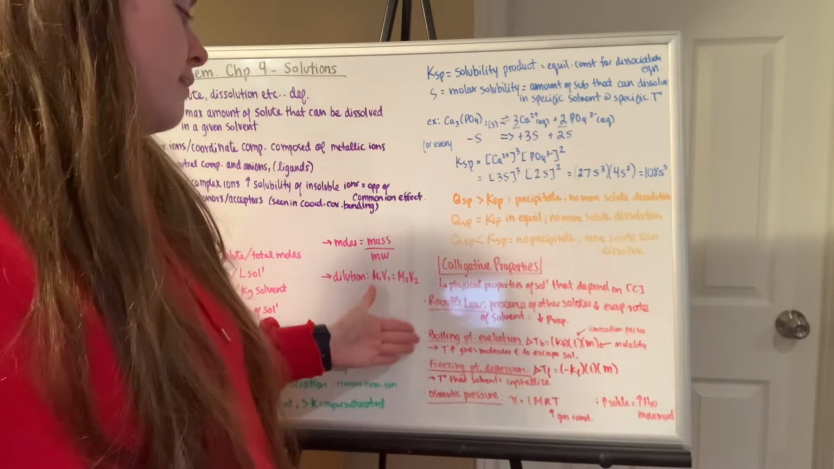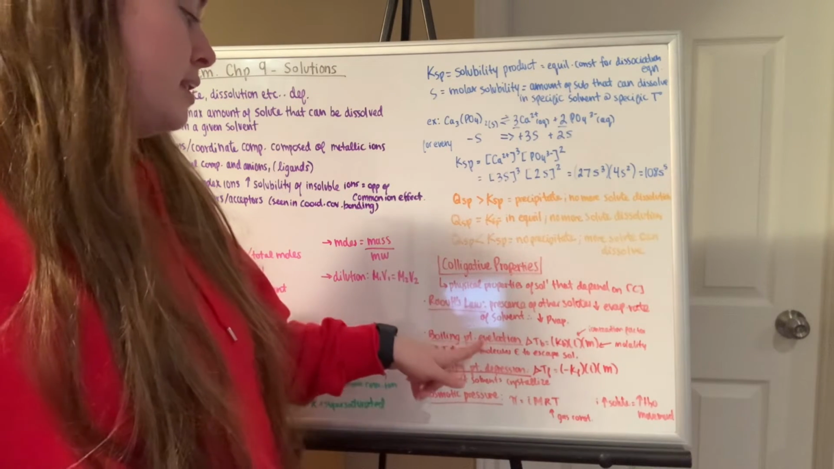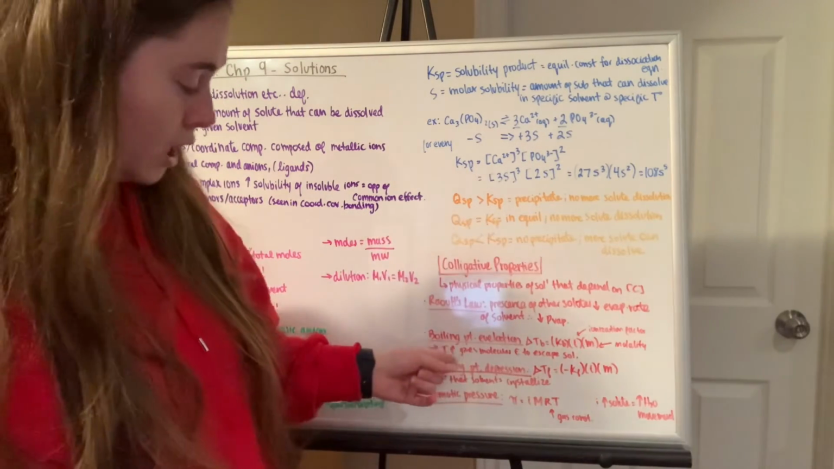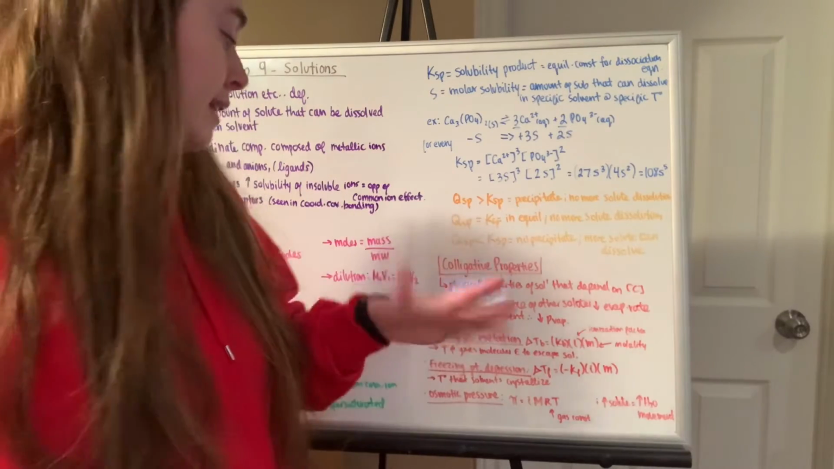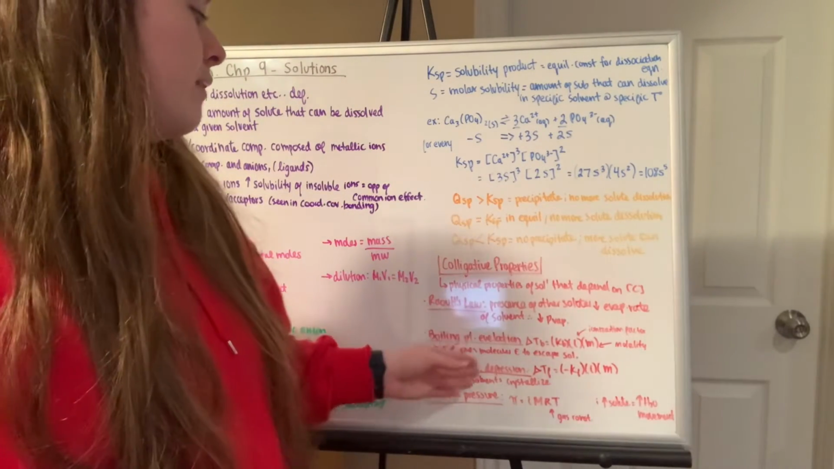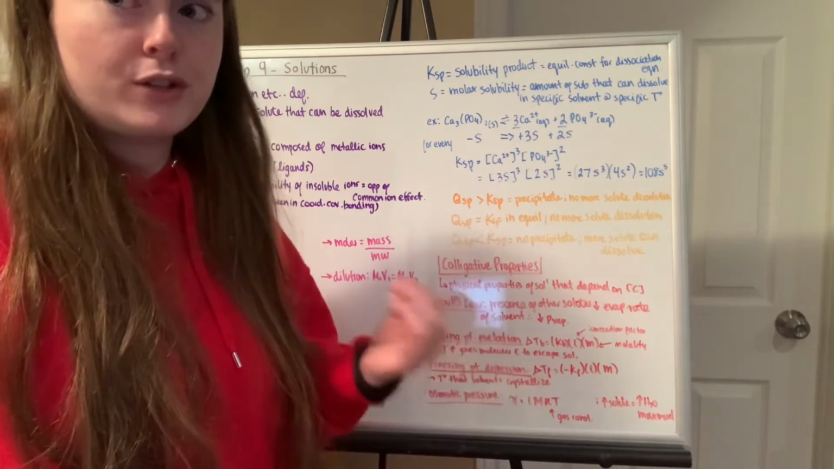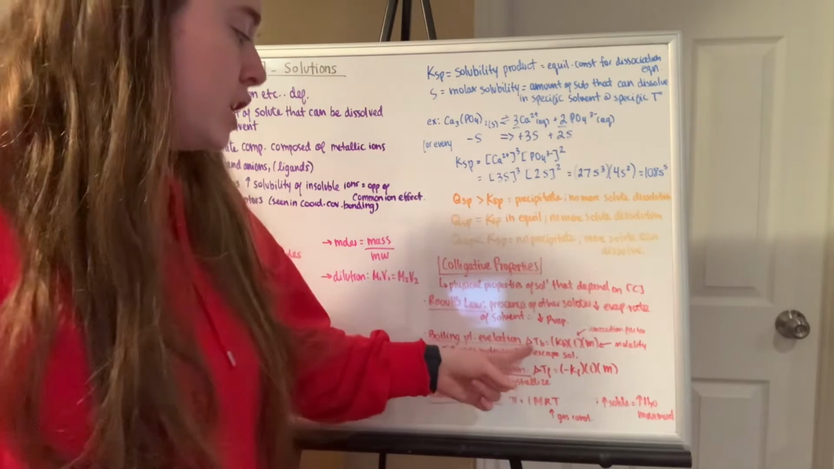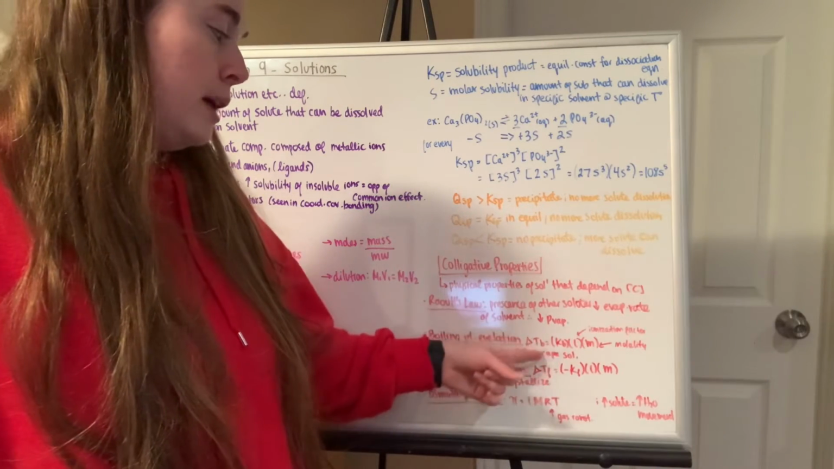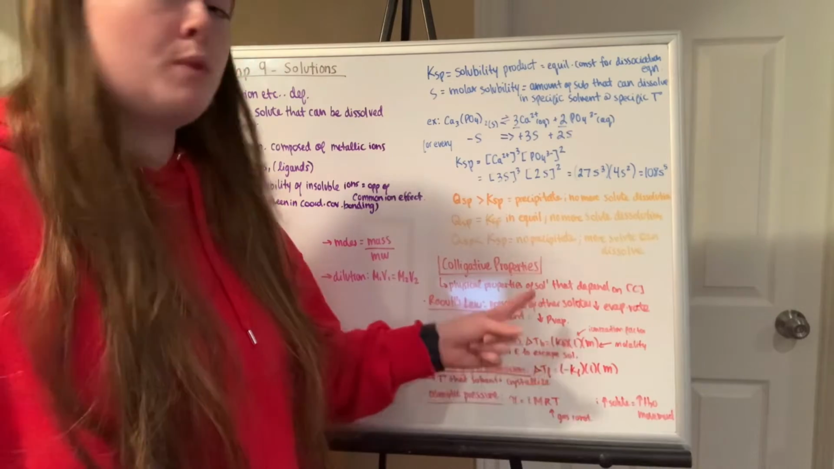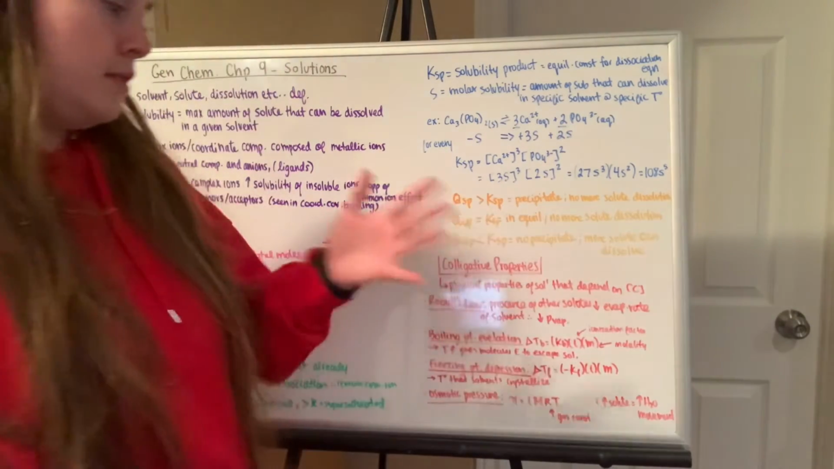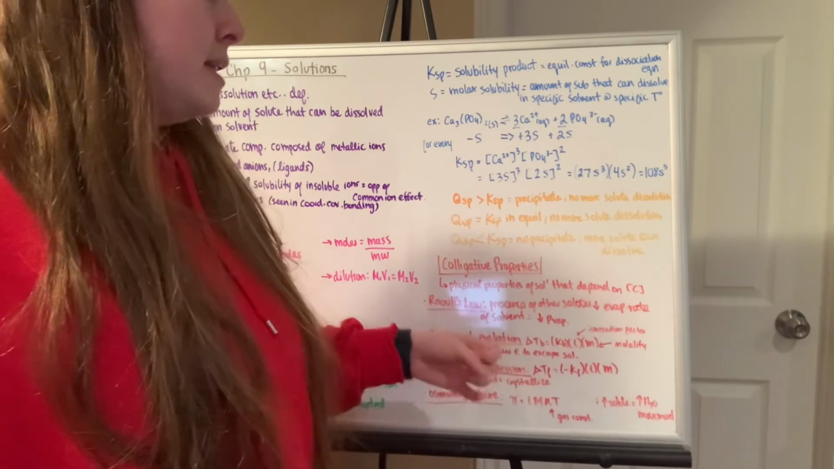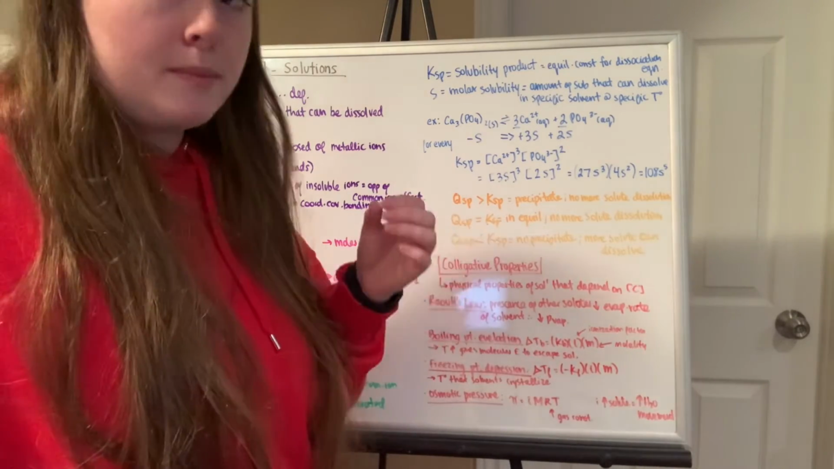Then we have boiling point elevation. It says that the temperature increases, right? When something's boiling, the temperature increases to give the molecules energy to escape the solution. So we have the change in temperature for boiling equals Kb, which will be given in the problem, times the ionization factor, which is the van 't Hoff factor,